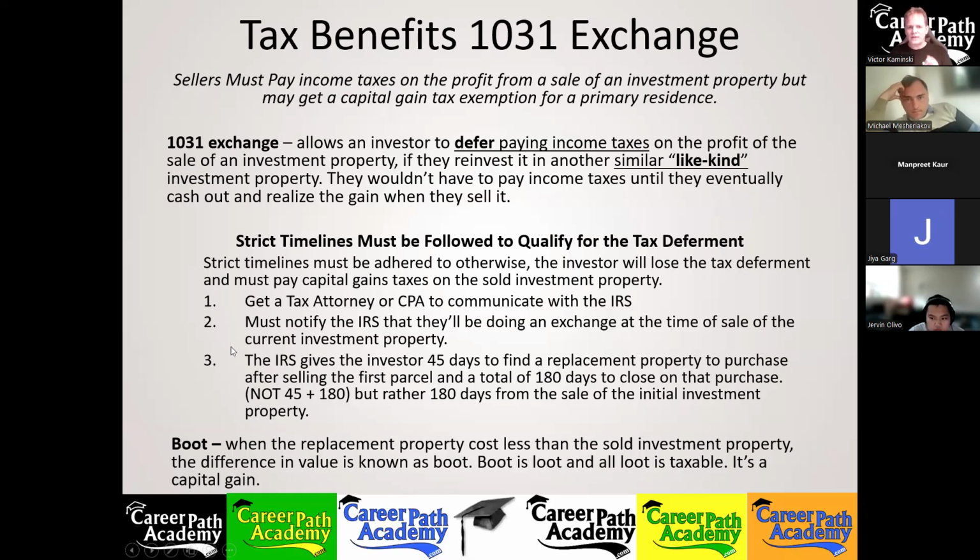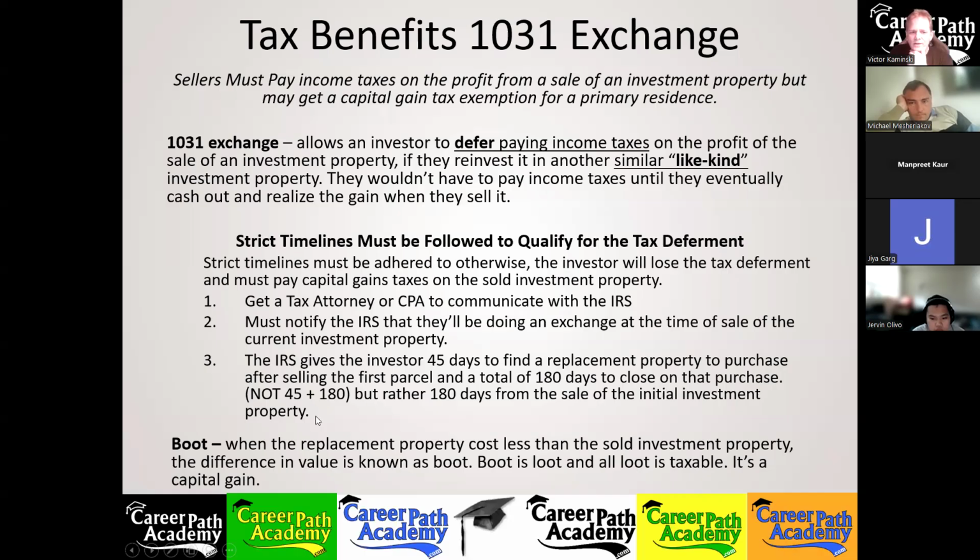That's why I said you should always have a CPA or tax attorney or somebody involved in there to make you aware of what the dates are that they have registered so that you do not miss them, because this is very time sensitive. If you do not move things along quickly, you could lose that tax deferment, the benefit of that tax deferment. So it is a strict deadline.